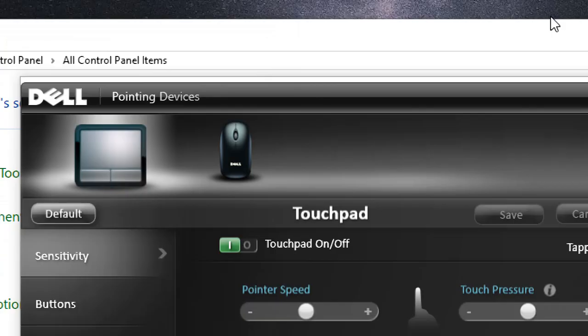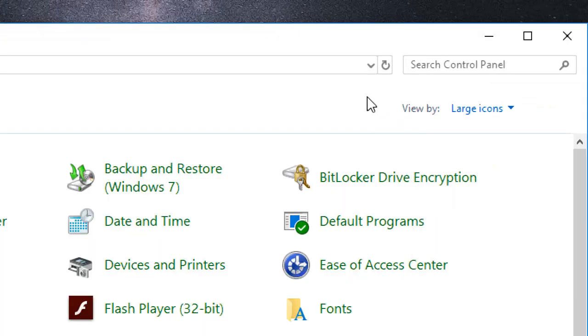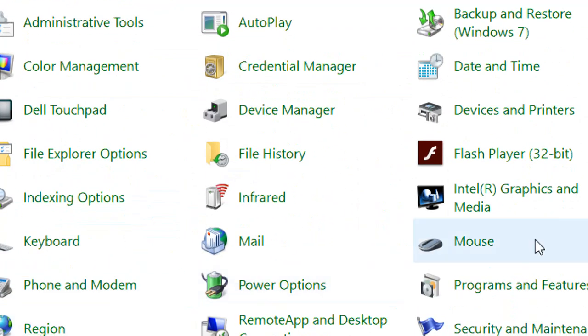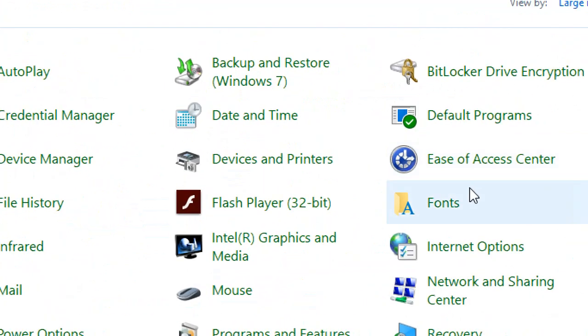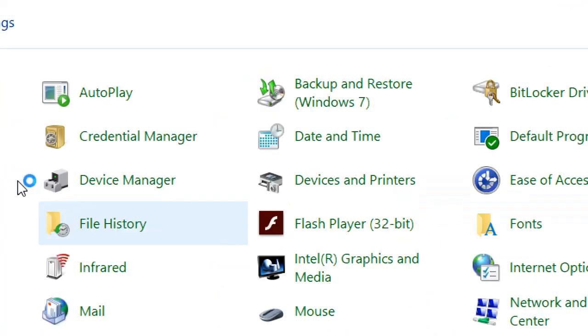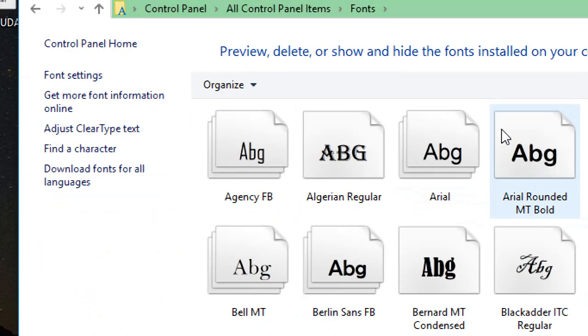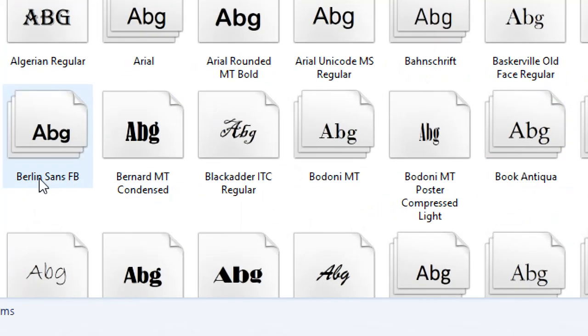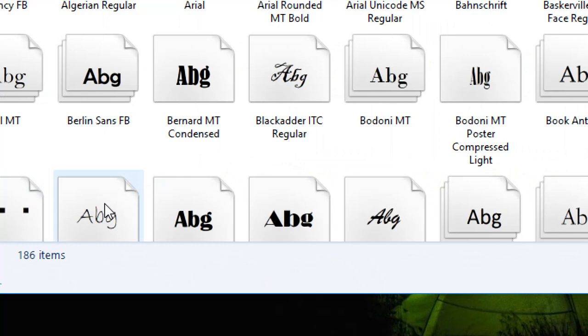Now the next topic is font. Font means what? We are going to start our Word page, Microsoft Word. At that time, we are going to change our font style, right? Like Times New Roman, then Arial. Look, all the font styles we select from are here. But I want to type Hindi in my Microsoft Word. There is no Hindi font in our Control Panel font list. So what will we do to add a new font into our Control Panel?